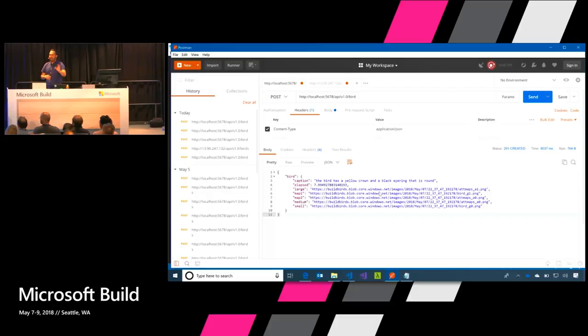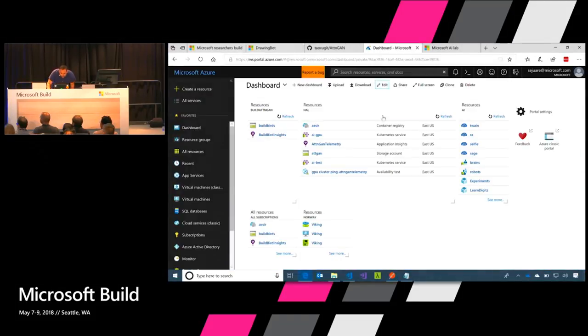So the next step is, okay, I got this to work on a CPU. Now I got to get this to work on a GPU. But Seth, you made it in a container. Well, that's nice, because it's in a container, I can put this on Azure into a GPU clustered Kubernetes cluster with containers that have GPUs in them, right? And so now, because I was able to containerize it, you're starting to see I can get a model, wrap it into a container, and then take that container and deploy it anywhere.